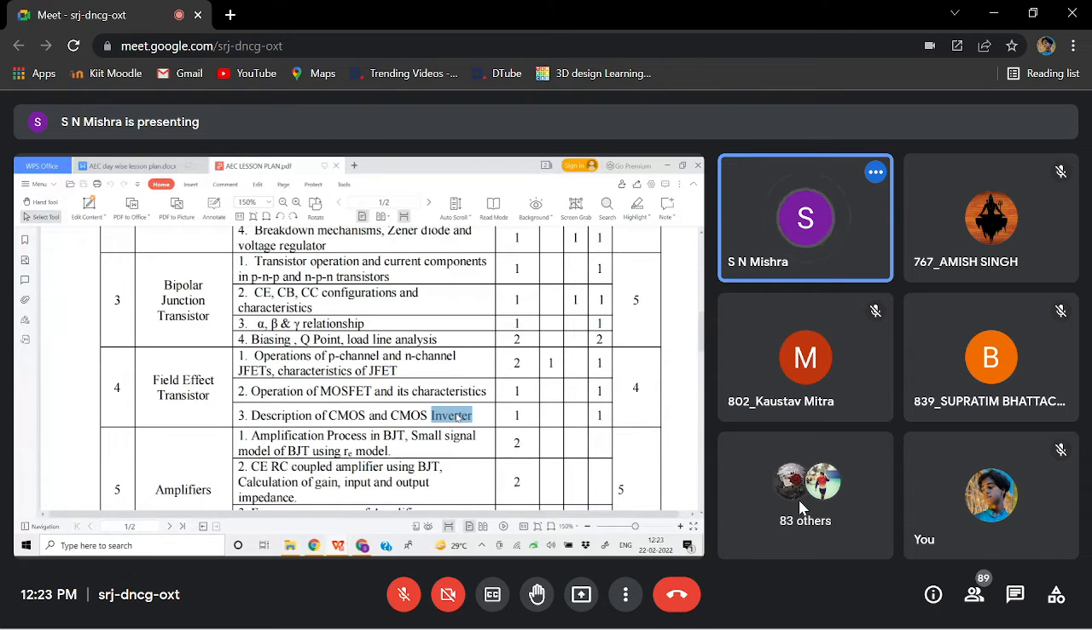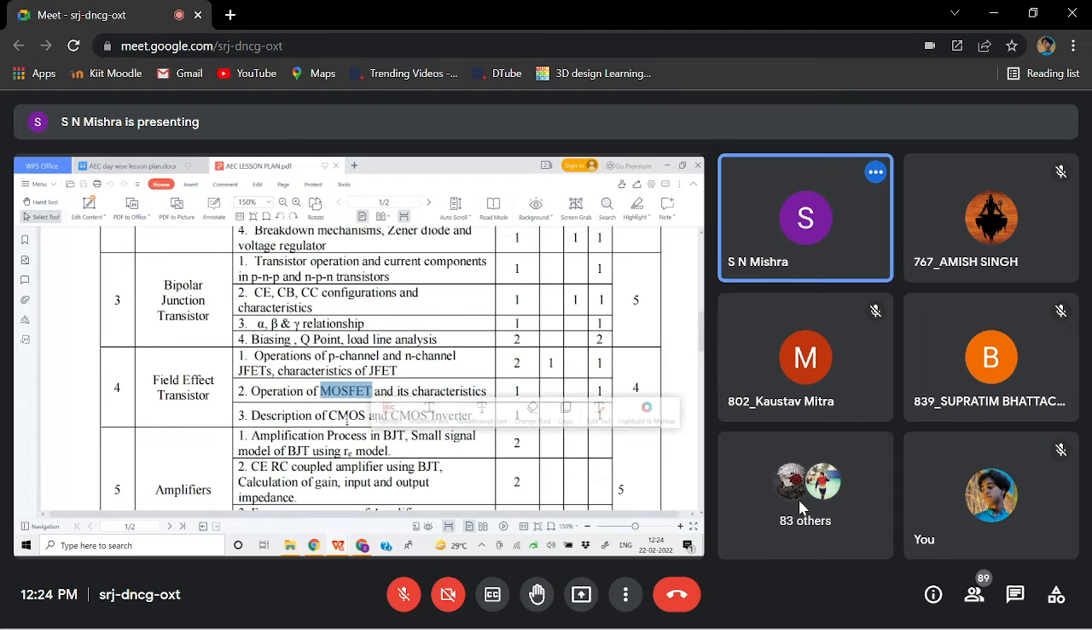You might have studied logic gates: AND gate, NOR gate, NOT gate, XOR gate, NAND gate. Out of those, if you consider the NOT gate, whatever value you give at the input, the output will be the inverse of that. If you give 1 at the input, output will be 0. If you give 0 at the input, output will be 1. So basically it is inverting the input signal, and using